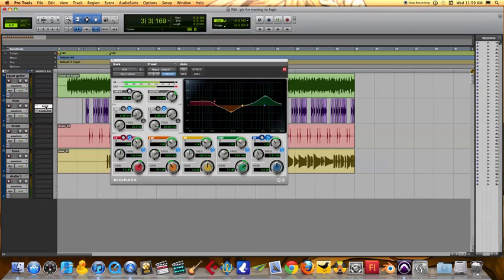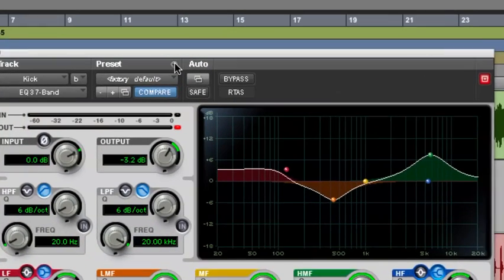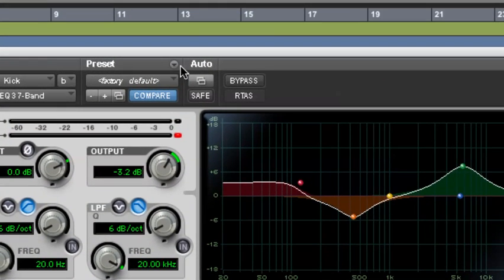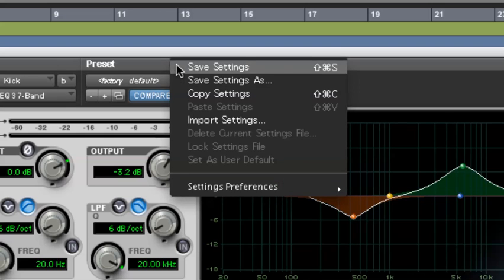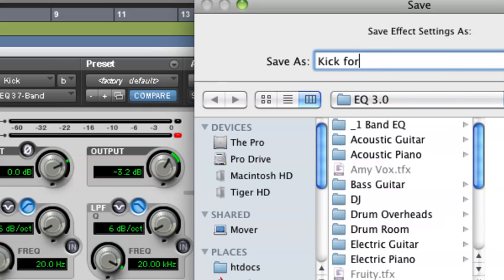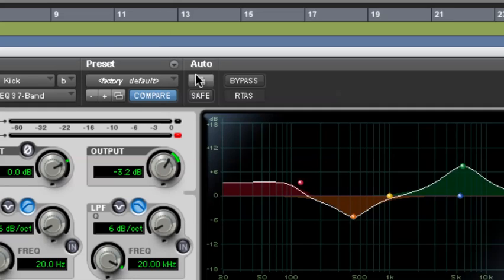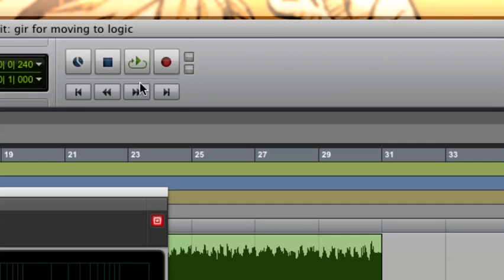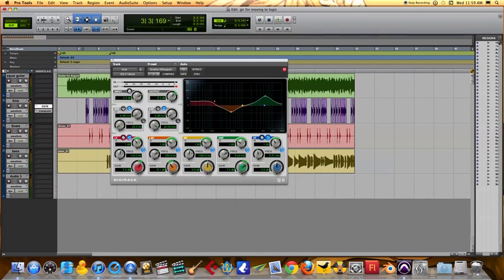So what I need to do then is open up the plugin. Here you'll see the settings. I kind of hate where Pro Tools has this very tiny preset menu where you save the settings, but there you go. So I'm going to save the settings as kick for GUR export,